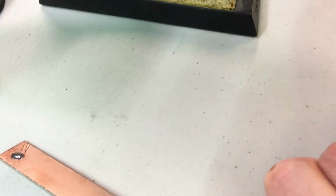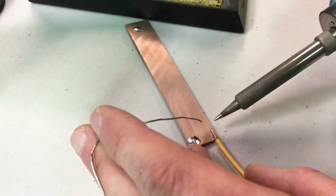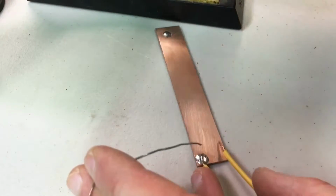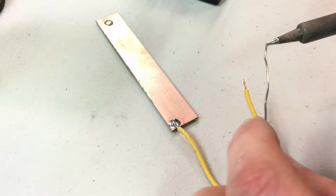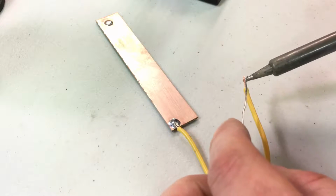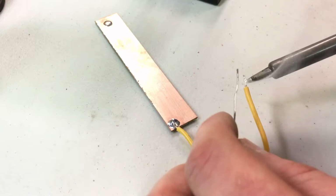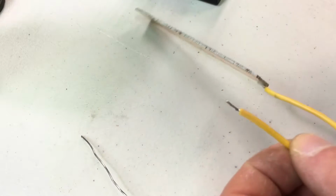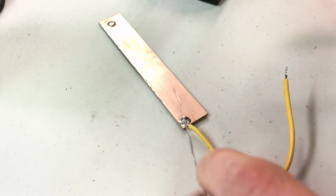tinning both parts first. That can be really handy if you're juggling multiple parts, since you need to apply the soldering iron, the solder, and the wire. Technically, I can get my fingers to manipulate enough to do that, but it's way easier if I prepare all the surfaces first. So here I'm going to prepare this by what's called tinning it, which basically just means getting solder on it, pre-soldering the copper. So now there's a solder coating on that wire, and now I'm going to pre-tin the copper